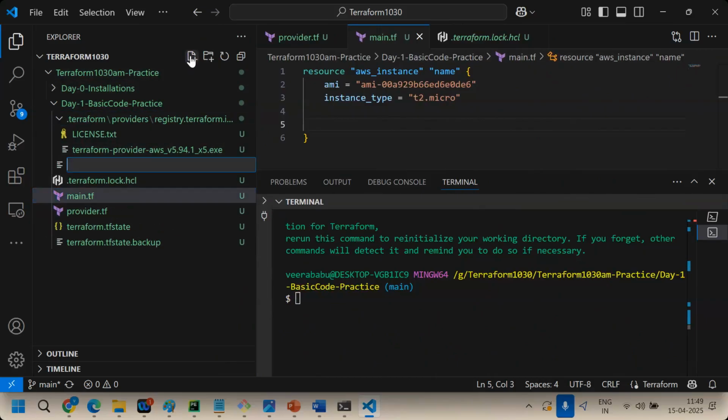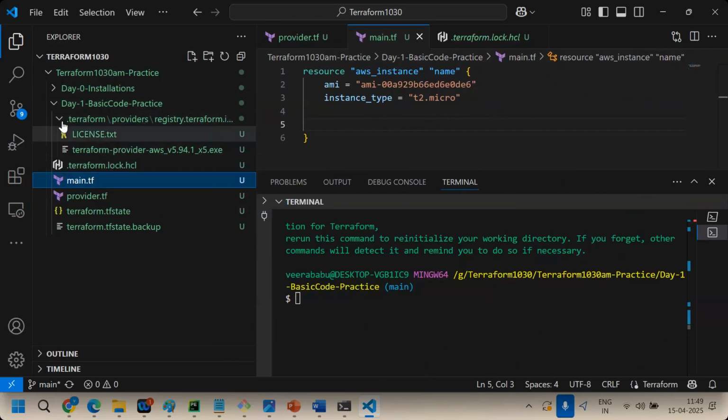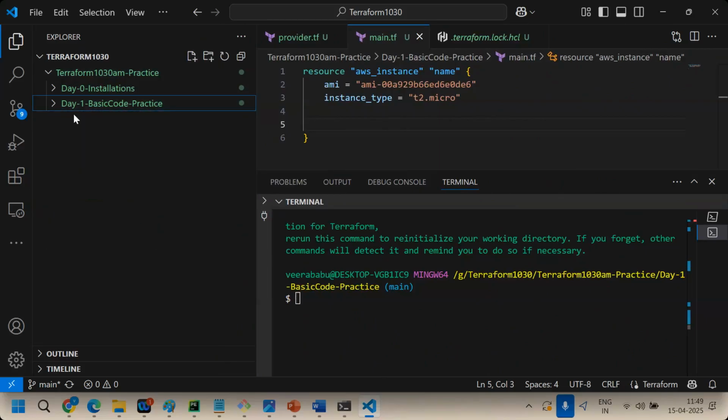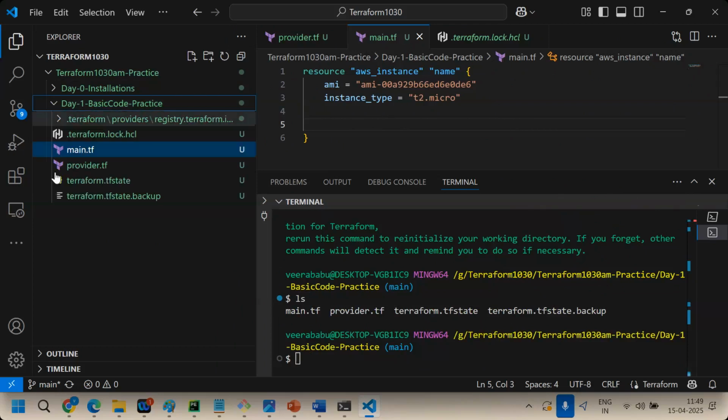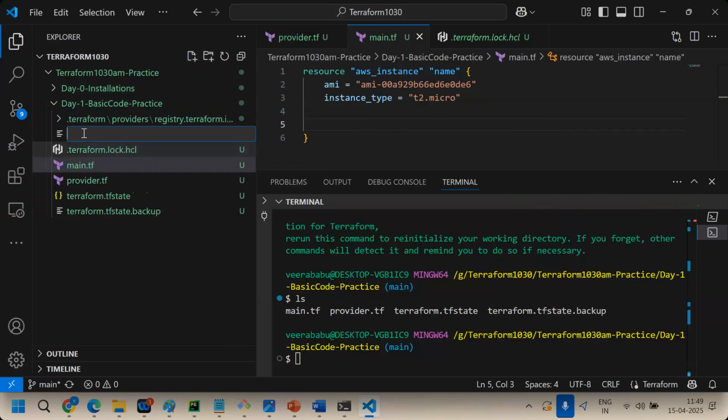Let's create one more file. While creating, be careful. It should be created inside day one only. If you are confused, it is better to use the Linux process. Give ls, and create here only. Touch file, vi file, whatever you wish. So inside day one, if you want to create a file, click on any file, and it will create in the same level.